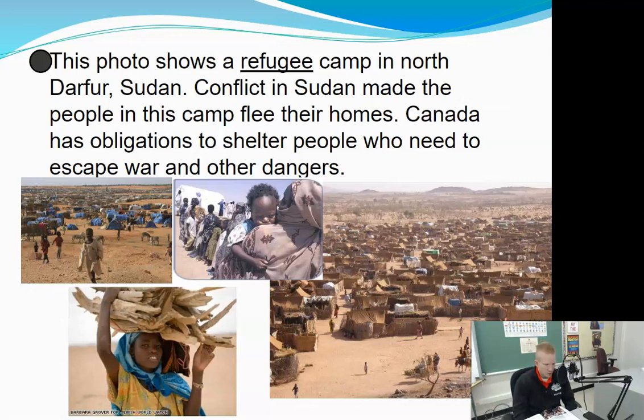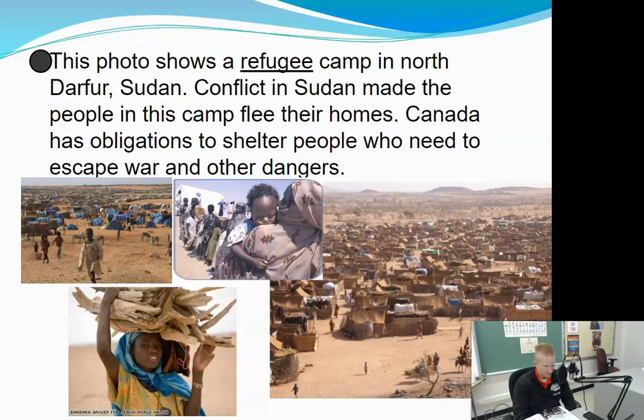Really key point with this chapter is separating the difference between refugees and immigrants. So immigrants are people that are choosing to come to Canada, okay, looking probably to permanently move here. Refugees are people fleeing their country due to many possible reasons, but you're thinking about war here, you're thinking about natural disasters, like when you hear about tsunamis, tornadoes, hurricanes, stuff like that. Those are refugees, which means they're coming here for a not permanent time because they need help, with the goal